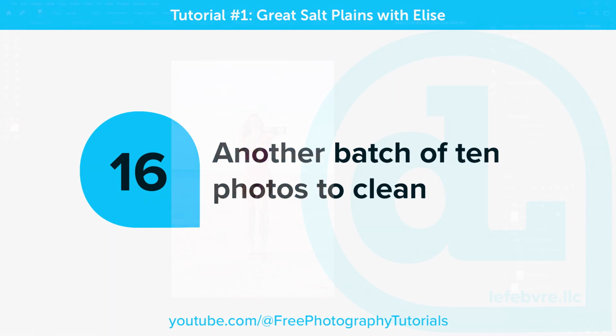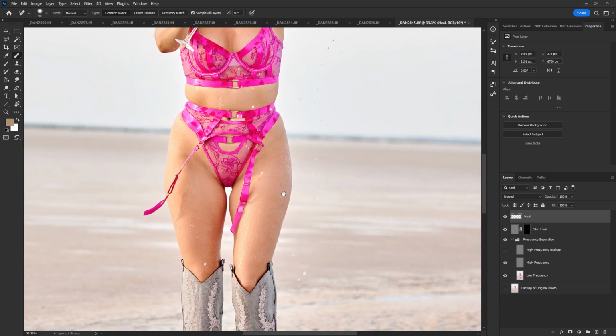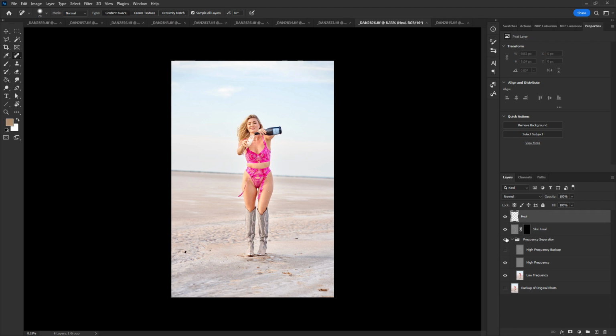All right, we got another batch of 10 photos to edit here, so let's get to it. Just cleaning up this. And then Bruce here. Got some drops that landed, so it's okay. Okay. Save that and move on to the next one. Got a lot to do, so